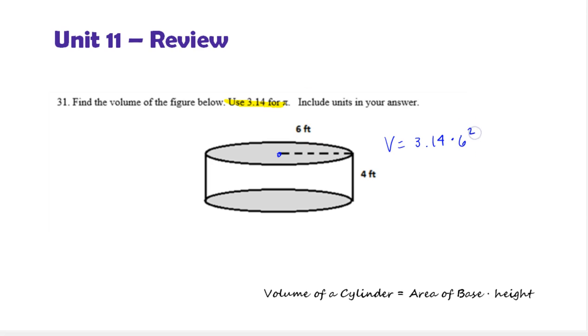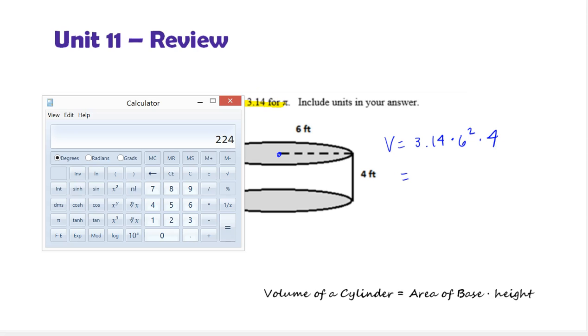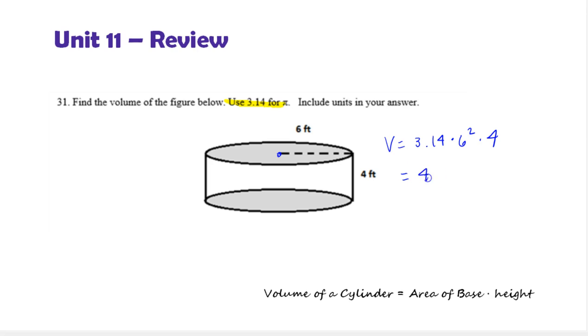So 6 squared times the height of the prism, which is the distance between the bases, which is 4. So we have 3.14 times 6 squared is 36 times 4. Gives us 452.16. 452.16 cubic